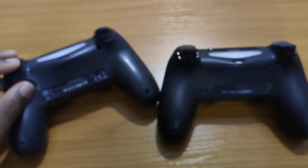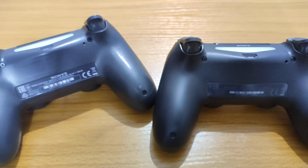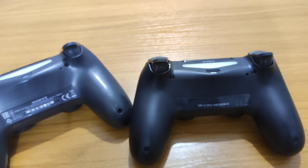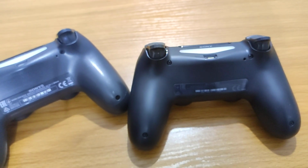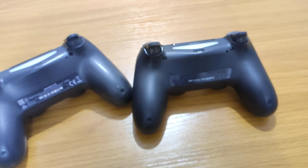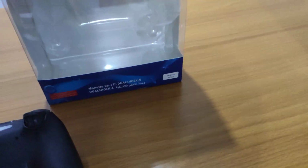So guys, that is how you can tell if a controller is real from the box and from the controller itself. Before you buy a controller, you most likely see the box. You might not be able to open it, or you open it when you get home. You might be able to return it. I don't know. But let's say I had a pack of a controller, what I would look at, as I said before,